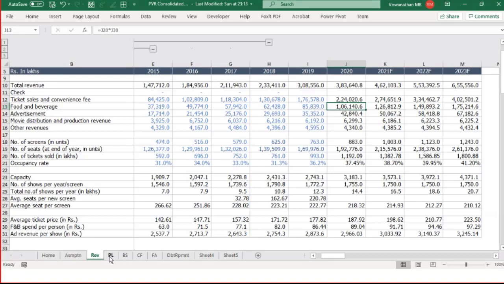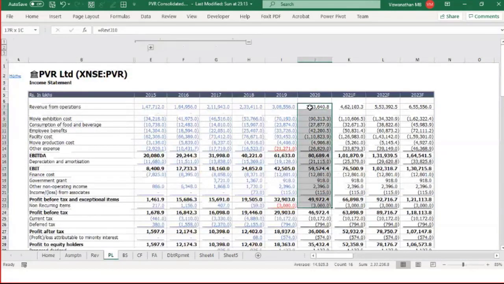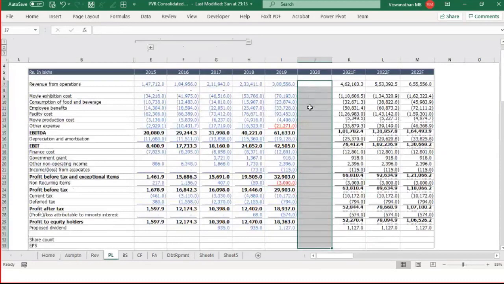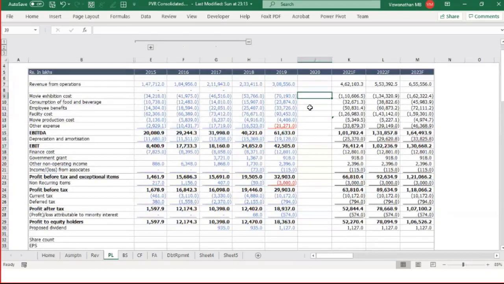One of the issues is that you firstly either delete this, because these are all formula based forecasts, and punch in numbers. And when you're punching in numbers, some formulas have to be redone, which means whatever control you built earlier is affected. When you prepared the model, you would have been very careful, or you could have gone through some testing, after which you were confident whether your model is right or not. But right now, I deleted my 2020 forecast and I'm going to punch in new numbers. And when I punch in new numbers, I'll have to give a different formula here. This formula should be more in line with my historicals than my forecast. And I may make a mistake while giving this formula because, again, fatigue issues.